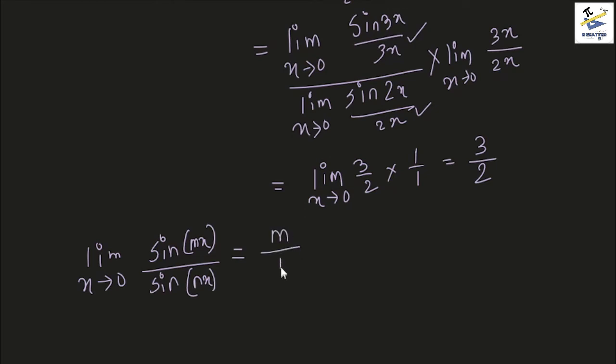this would be equal to m by n, and we can, without loss of generality, add the part that m by n where n is not equal to 0, right? So this all in all is the basic fundamental difference in the whole thing. Now